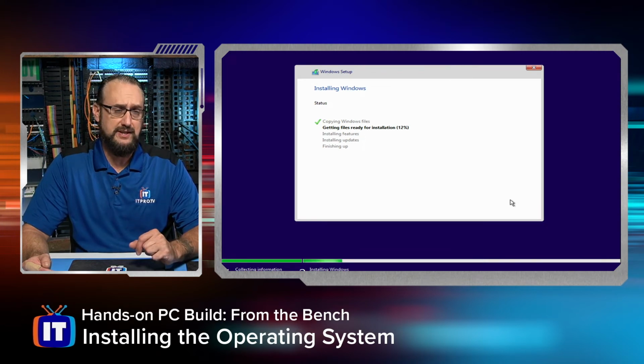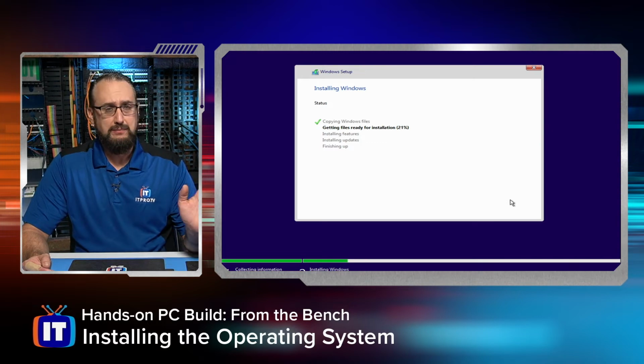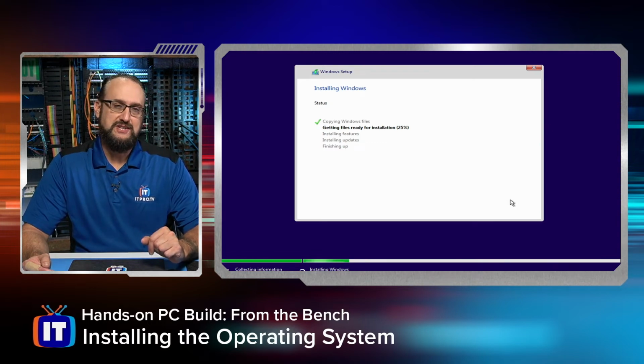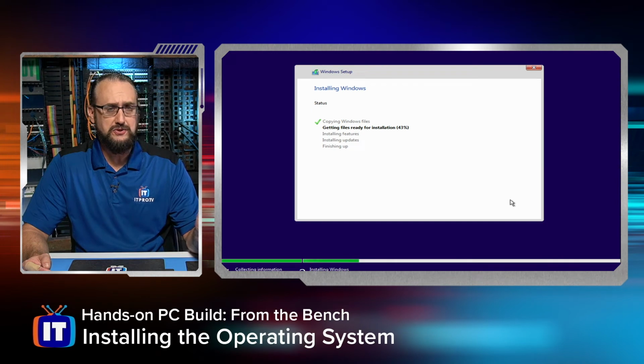And if you talk about some of the NVMe drives that are plugged into the M.2 sockets on your motherboard, they're a lot faster because they have access to the PCIe bus, and that would make for an even faster install. So you can see here, we're not even a minute in, right around a minute in, and we're already at around 31%. I've clocked this install, and on this Crucial 500 gigabyte SSD that we have, it's just over 3 minutes for the first part of the install.